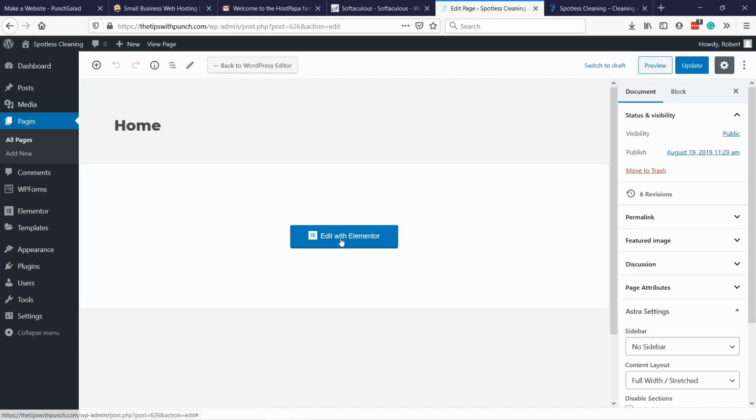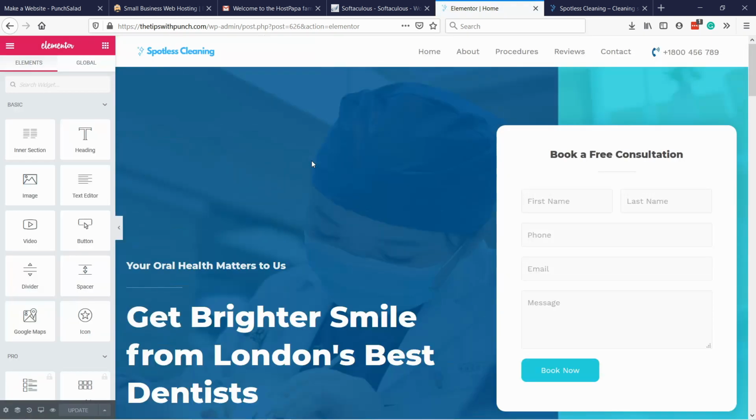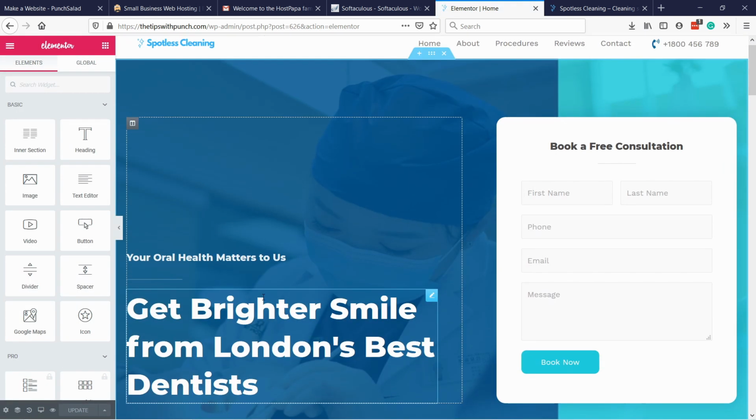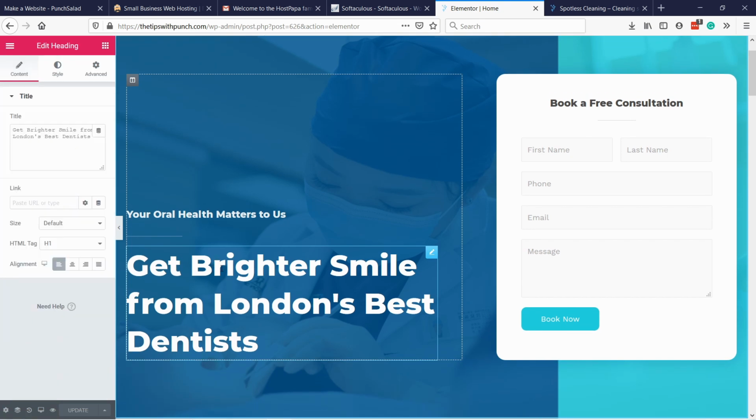And then here you have edit with Elementor. If you click on it, you'll open up the Elementor drag and drop tool. And it's super useful because you don't need to know any coding to use it. So let's say I want to change this text block to something else. So I just click on it, and here in the